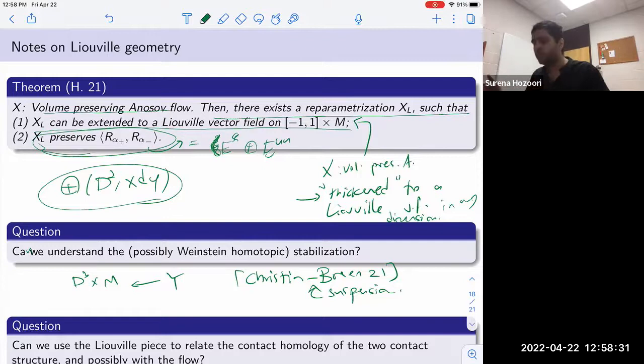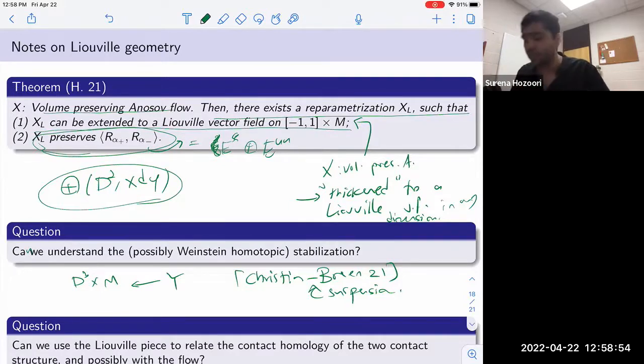And now can we do that for all the volume preserving Anosov flows? That's something interesting to discuss, trying to understand this Weinstein structure and its skeleton, possibly its arboreal stratification,